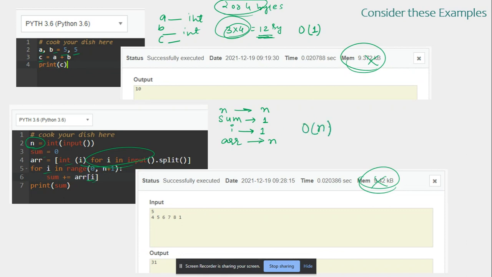Was that clear? Somewhat clear? And how are we considering space? This is it. When we think about our simple problems with no recursion and stuff like that, this is how we calculate the space complexity. Very easy. You just need to calculate the number of variables that your program is going to have. And if it is a for loop, again, you could consider n, because we don't know the value of n, right? So this is the linear space complexity. This is constant space complexity.